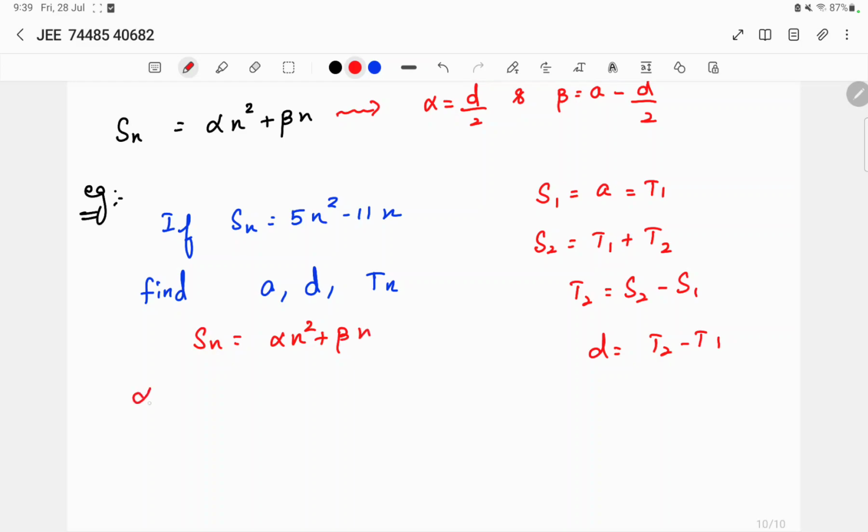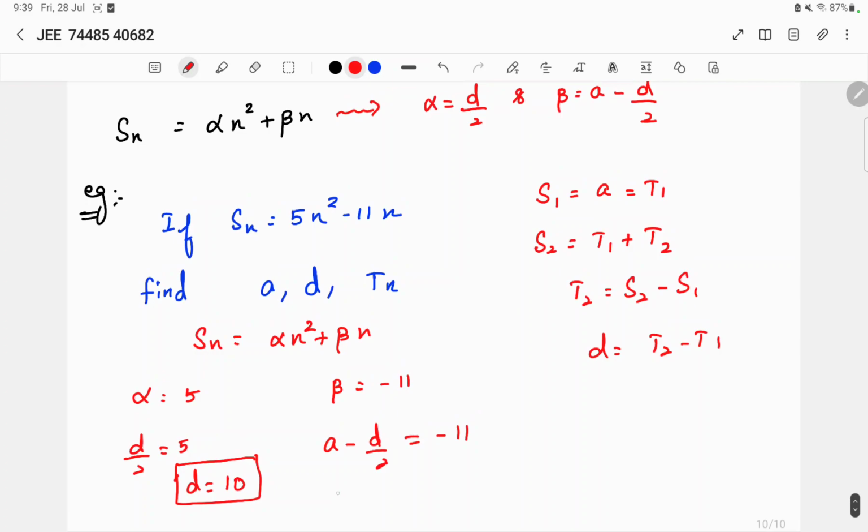Now alpha is nothing but 5 here, and beta is nothing but minus 11 here. And you know very well alpha is nothing but d by 2. d by 2 equal to 5, which means the common difference will be 10. For this AP the common difference will be 10, and beta is nothing but minus 11, which means a minus d by 2 equal to minus 11, and d is 10, so a minus 5 equal to minus 11,